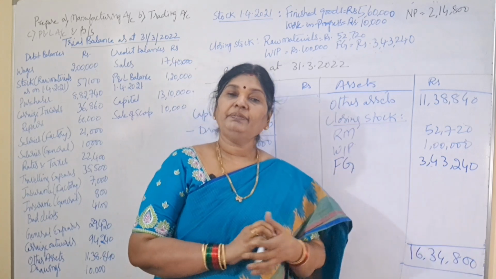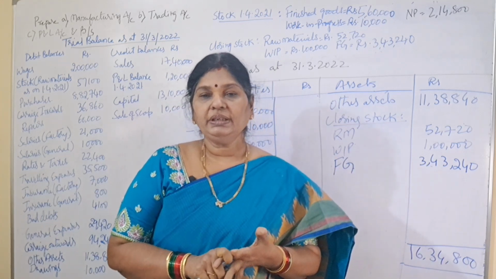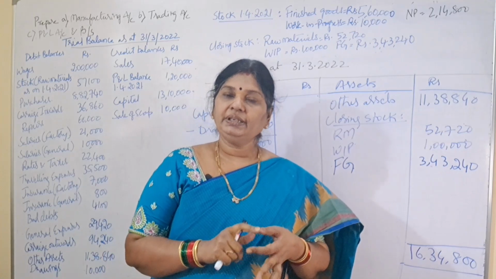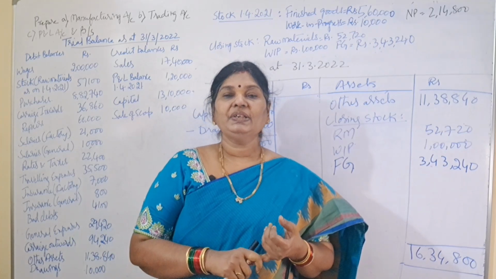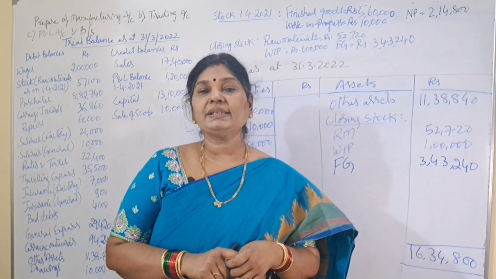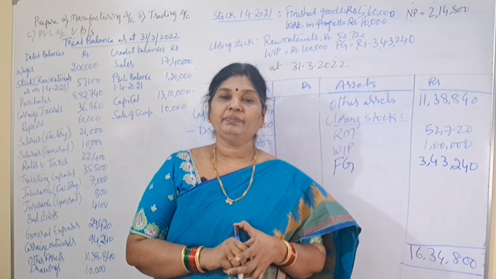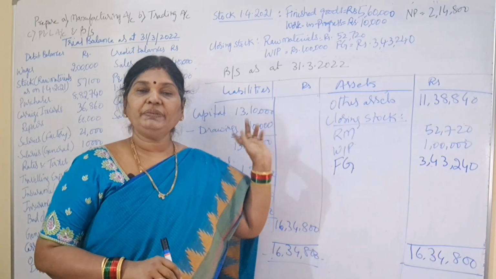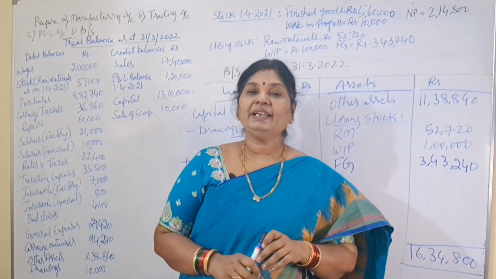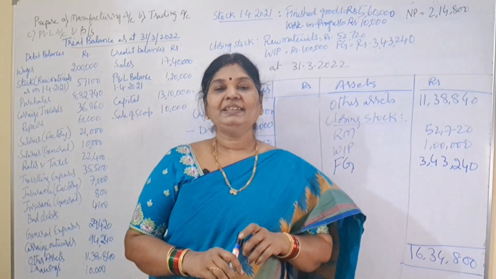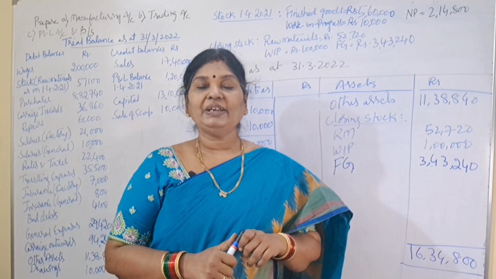In this particular final accounts problem, we have done 4 steps. What's the first one? Manufacturing account. Second one, trading account. Third one, profit and loss account. Fourth one, balance sheet. So remember, in any business where production is done, we prepare these 4 statements. Using this manufacturing account, today we have completed this problem. That's all for today. But learning never stops. In the next video, we will do the final problem on final accounts.